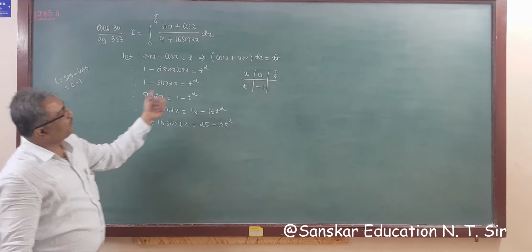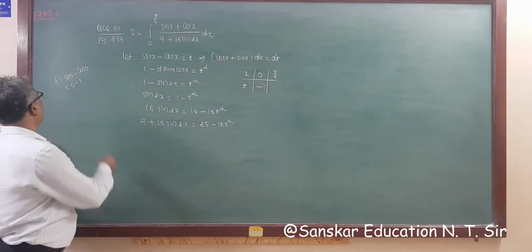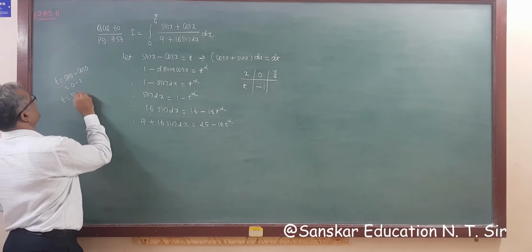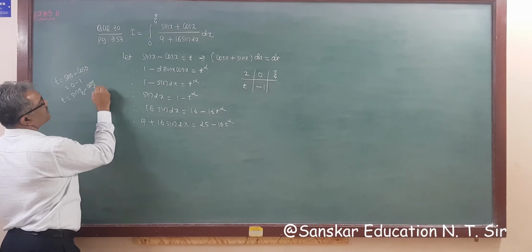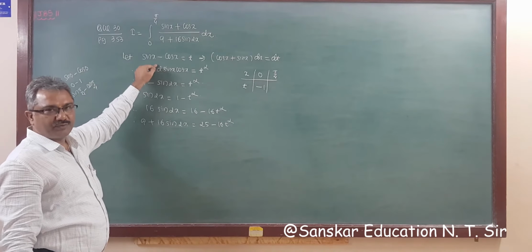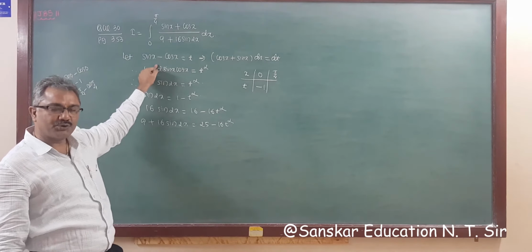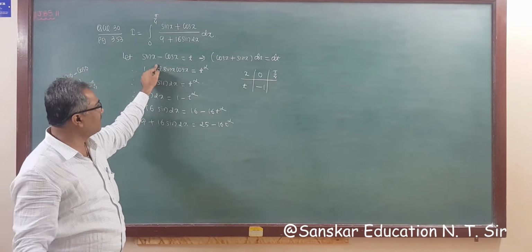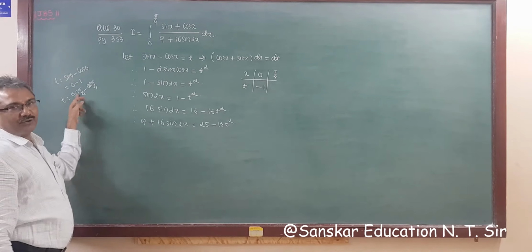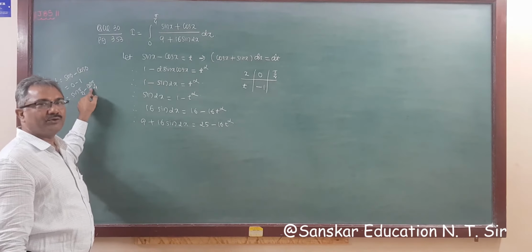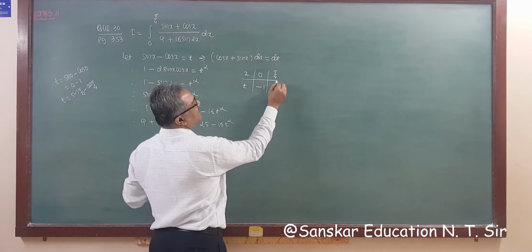Now for pi by 4, this becomes sin pi by 4 minus cos pi by 4. You have to substitute the value of x in what you assumed, हमने जो assume किया इसमें x का वैल्यू substitute करना है, और नया जो t का वैल्यू है वो फाइंड करना है. So sin pi by 4 is 1 upon root 2, cos pi by 4 is 1 upon root 2, so this will be 0.